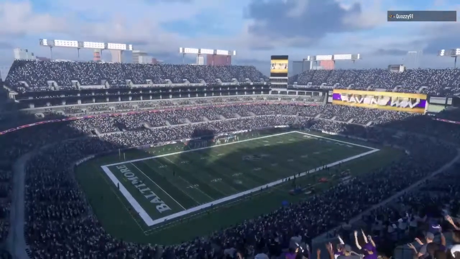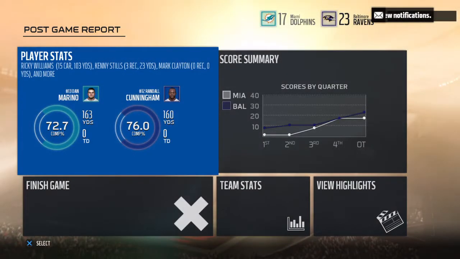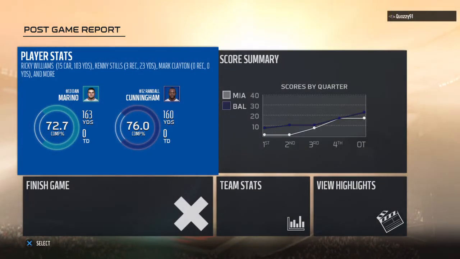So for Baltimore, it will wind up a .500 season, as the win means they'll finish right at 8-8. And by just about all accounts, not the type of year they were hoping to have. Meanwhile, for the Dolphins, this loss will mean they finish the season right at .500 at 8-8. But they